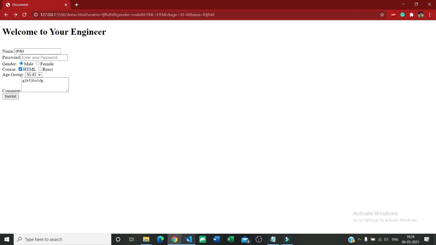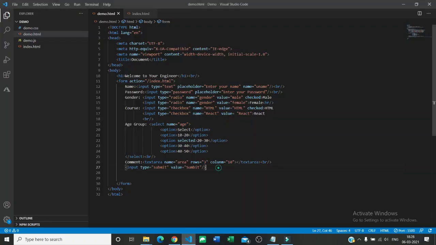Now we learn about the reset button. What is reset? For the reset, we can go for input and then type is equal to reset, and let's say give it a value of none other than just reset.